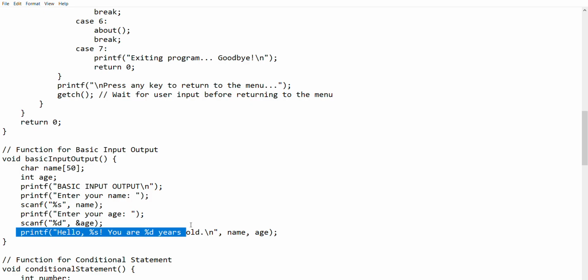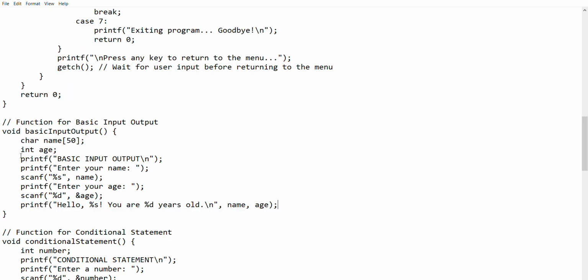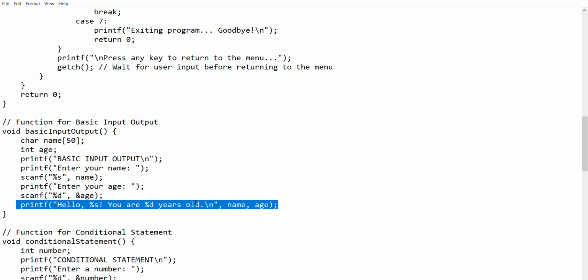Then it displays a message. For example, the user name is Alice and her age is 25 years old. Then the output should be: hello Alice, you are 25 years old.